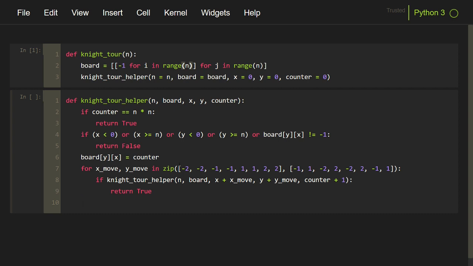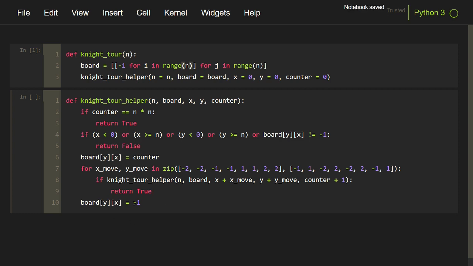If for all the 8 cases this function does not return true, this for loop will eventually end. Then we need to demark this board y x to -1 again, because we know that this counter was useless, because from all the possibilities after this we don't reach any destination.